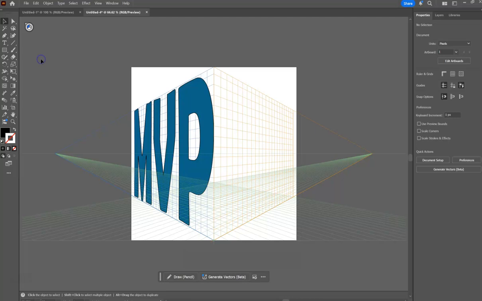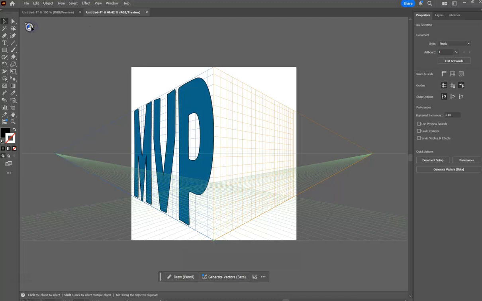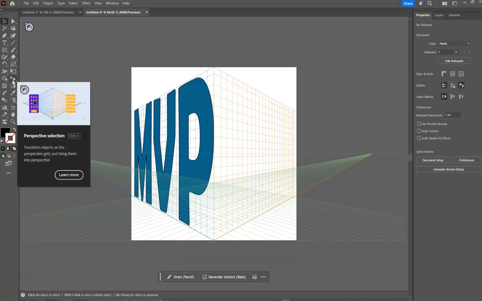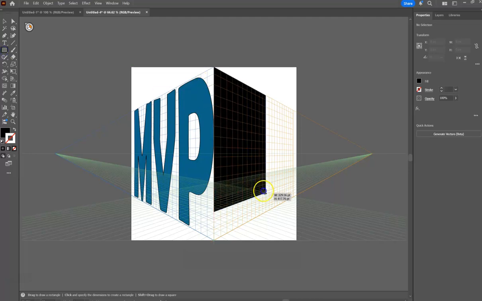So, in order to do the other side, I have to go to this widget and click on the right-hand side. I'm going to click on the right-hand side of my widget, and nothing's happening because I am on this tool here, the selection tool. So what I'm going to do is take it back to the perspective grid, and now that will allow me to click on the side here, and this turns orange. Again, I go through the process here. I take a rectangle, I click and I drag,